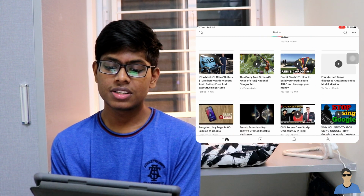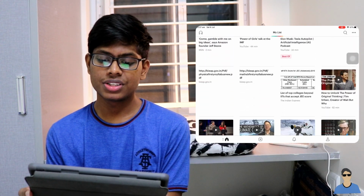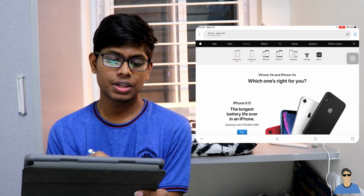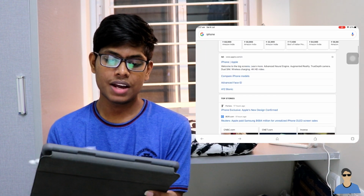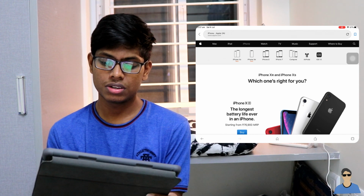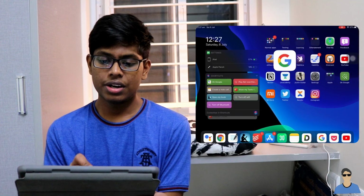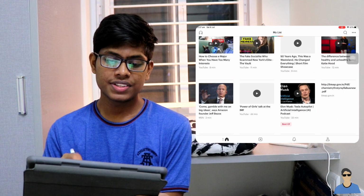So it is basically a link storage or video storage app. I'll show you how to use it. When you Google something, let's say on iPhone, and you click the share sheet and click Pocket, you can view the saved item, and when you open the Pocket app, you can see that